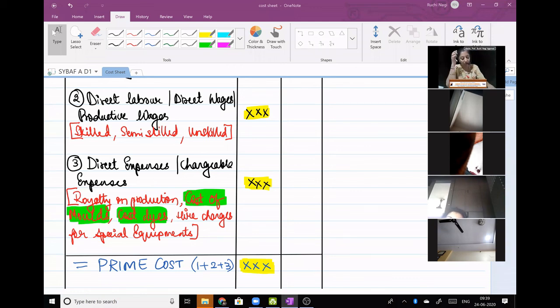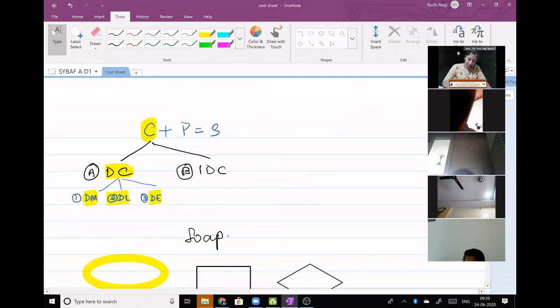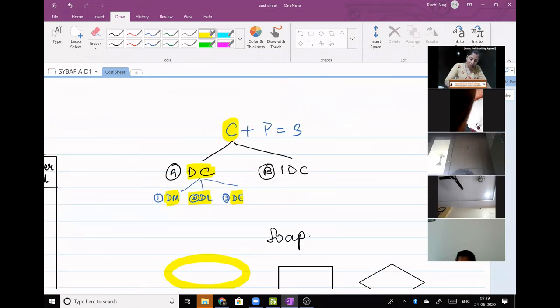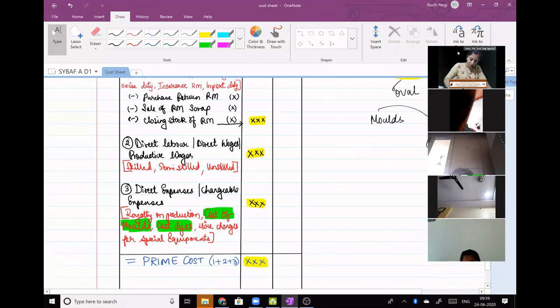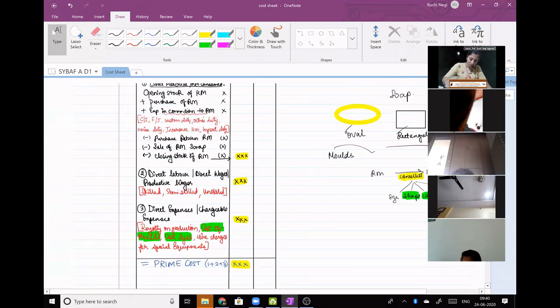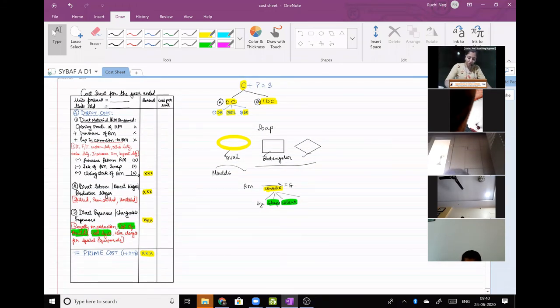Is it clear? Acknowledge it in the chat box. Last 1 minute is there. So next lecture, we will discuss indirect cost. Is it clear till here? Now you all can view it properly. Okay, fine. So no doubts till here, right? So next lecture we are